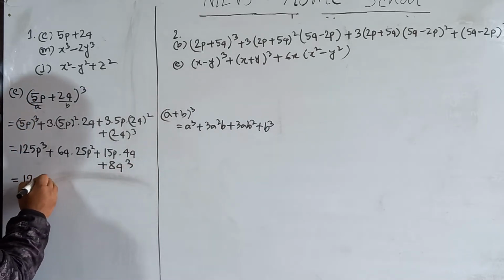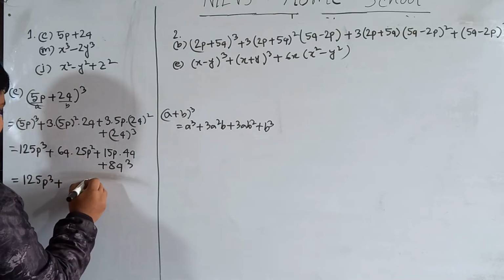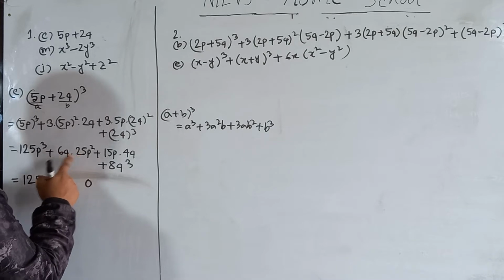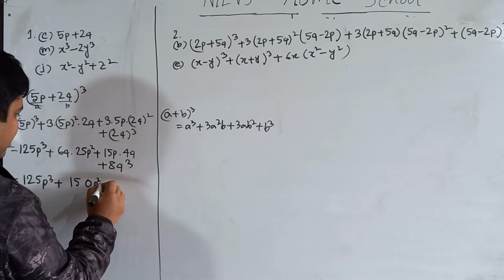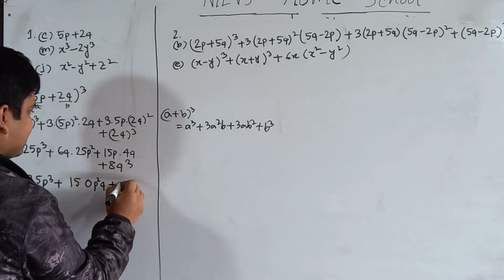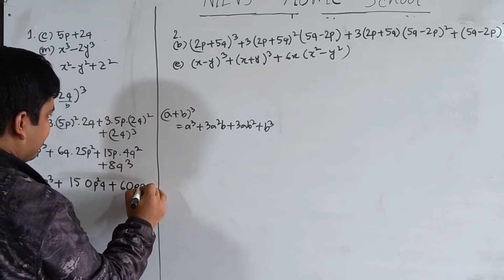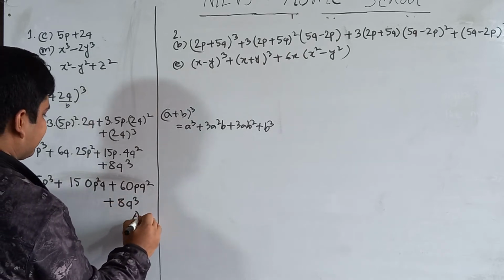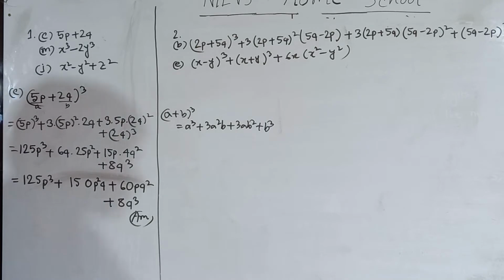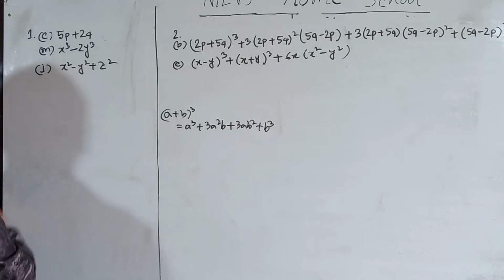Now 125 p cube plus we multiply, 3 2s are 6, 5 6s are 30, 30 into 5... plus 3 5s are 15, 15 4s are 60 p q square, and 8q cube is written here. This is the answer of this number. Next we shall solve question number M. Question number M is